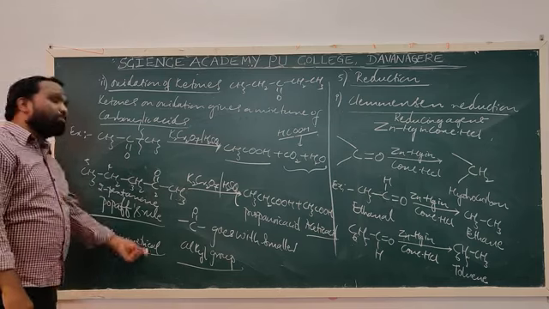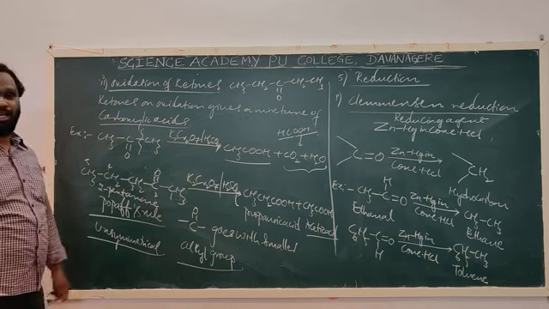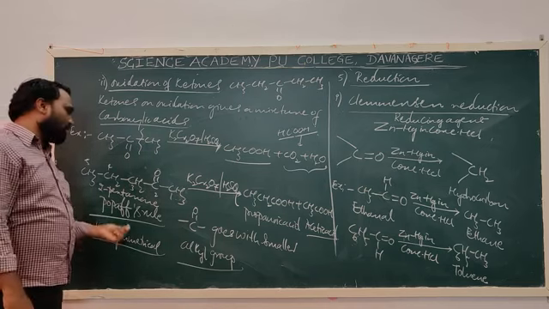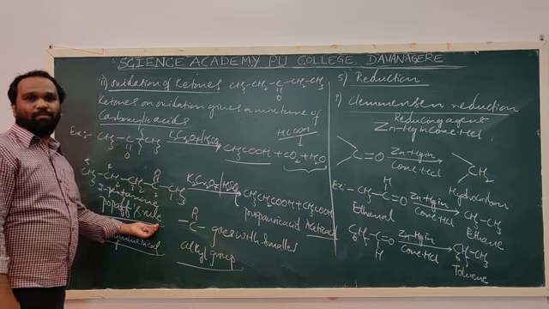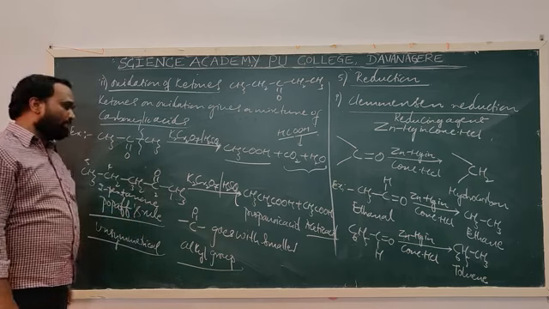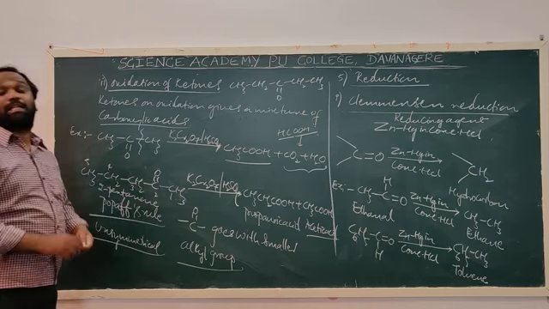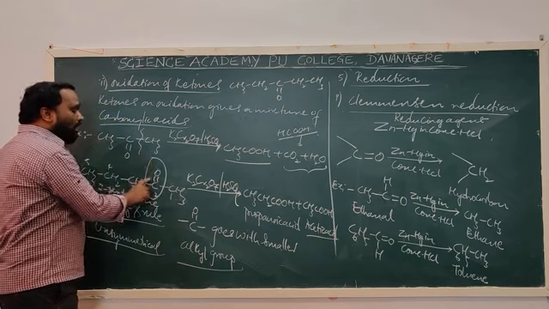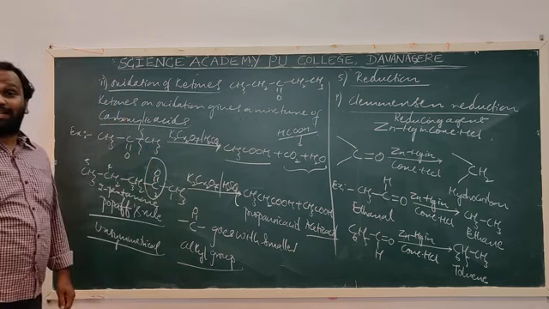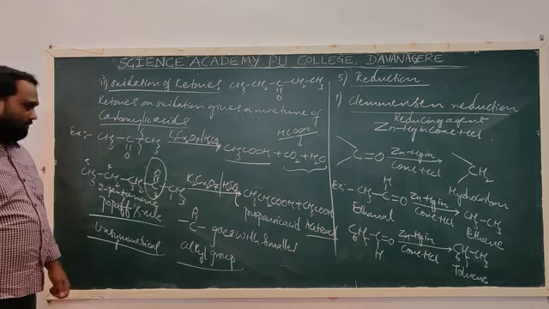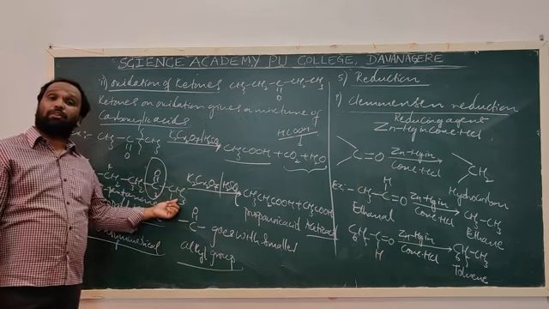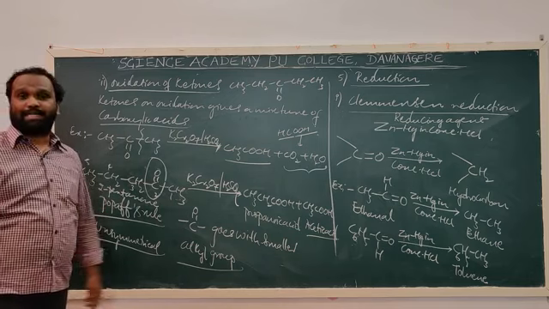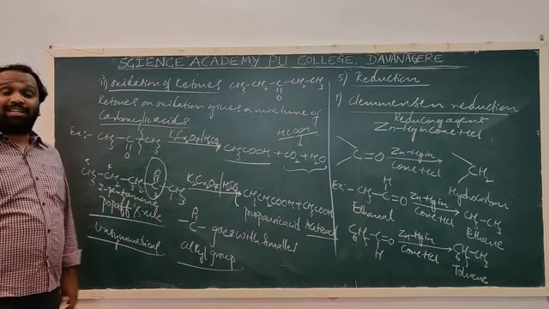But what about unsymmetrical ketones, or what we call mixed ketones? For the oxidation of unsymmetrical ketones or mixed ketones, we use Popoff's rule. According to this rule, during the oxidation of unsymmetrical ketone, this CO always goes with the smaller alkyl group. What do we mean by smaller alkyl group? The alkyl group which contains fewer carbon atoms is called the smaller alkyl group.